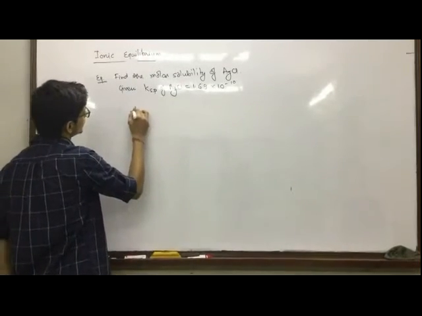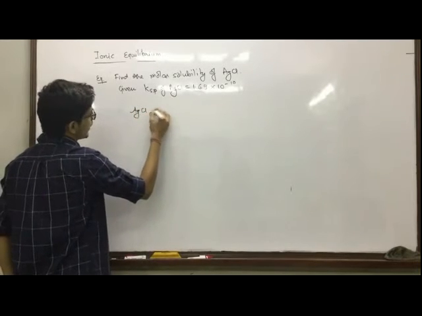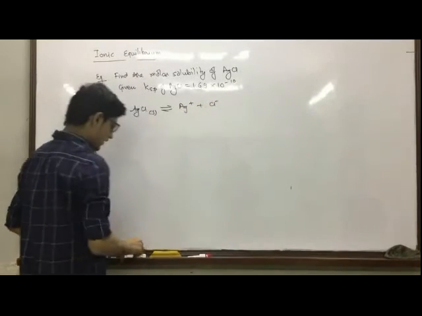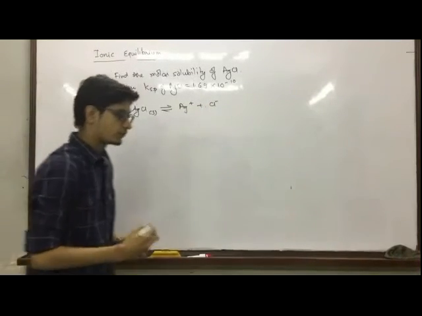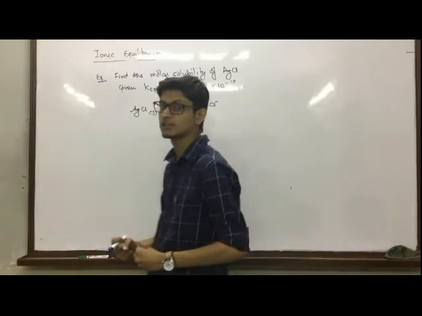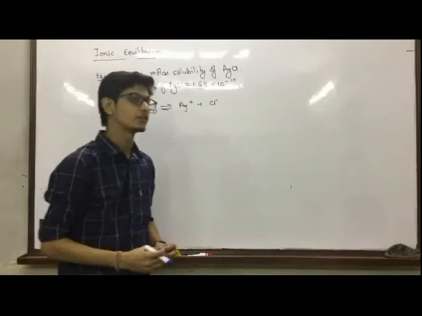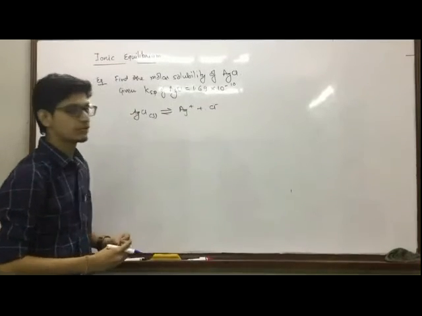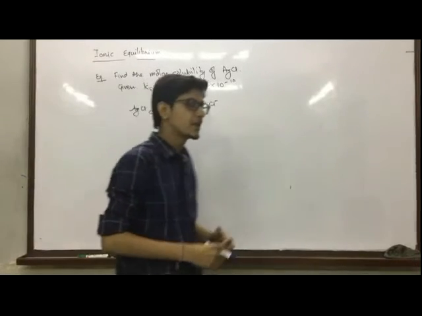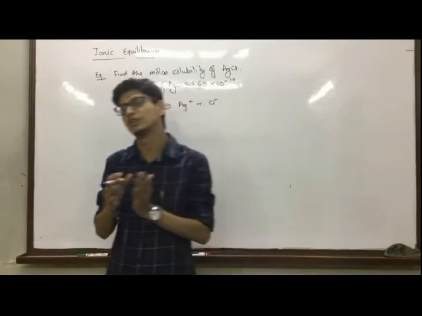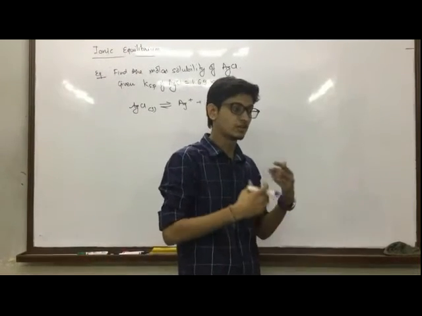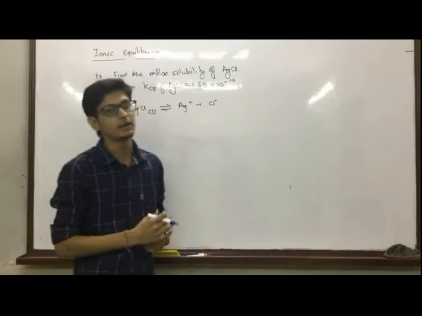So this we know, this AgCl is a solid part, and it is going to dissociate into its ions, this Ag plus ion and Cl negative ion. So let's start. Now for this molar solubility term, it is connected with units. So we should be aware of the unit also. We should be very specific with the unit. So first we are saying molar solubility. And what is molar solubility? It is the number of moles of salt that is going to dissolve in 1 liter of solution. Connectedly, we can say it is the molarity of that solution.